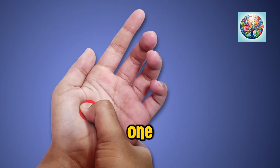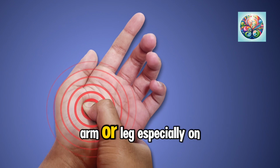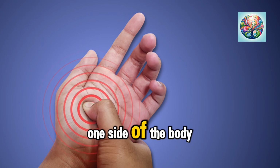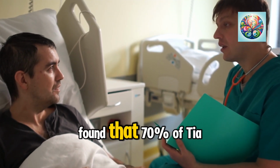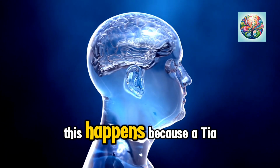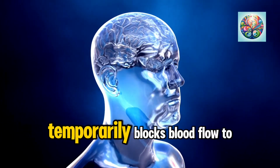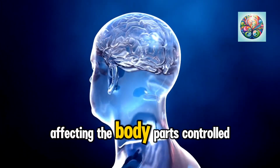Warning sign number 1. The first warning sign is sudden numbness or weakness in the face, arm, or leg, especially on one side of the body. A 2021 study published in the Journal of Stroke found that 70% of TIA patients experience this symptom. This happens because a TIA temporarily blocks blood flow to specific areas of the brain, affecting the body parts controlled